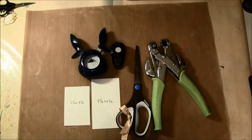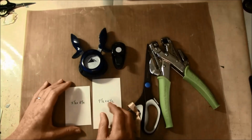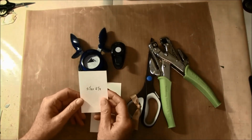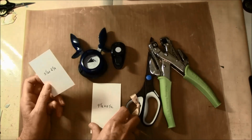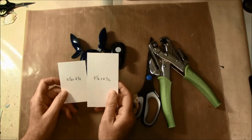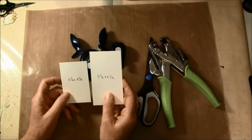you can use your tags. So we will make some to from tags for presents, and gift card tags, and some card tags. So we will start with a base for the tags, and here I have one 3.5 by 2.25 and one 4.5 by 2.5, and these are great sizes for to from tags